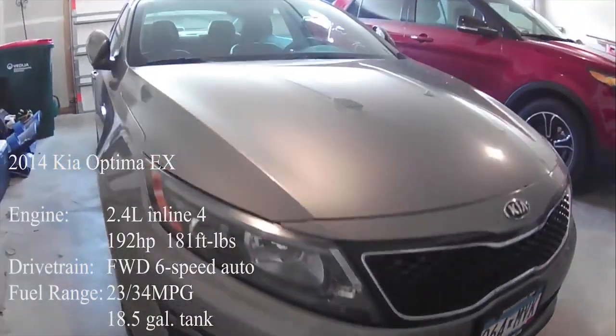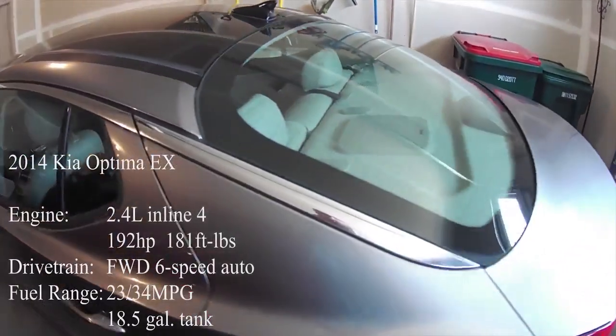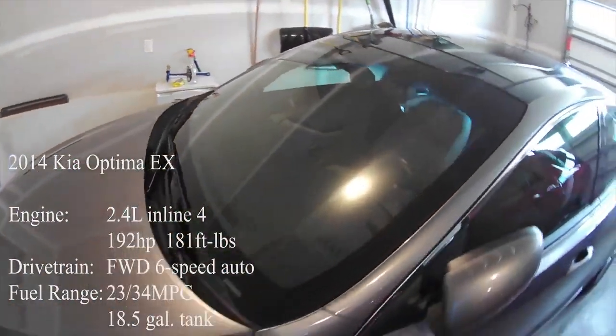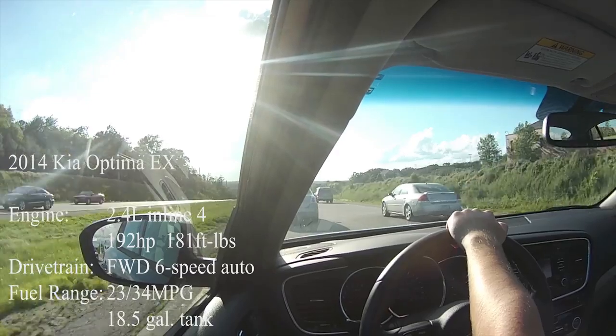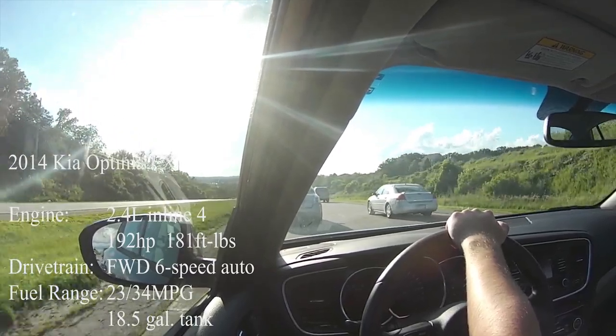The 2014 EX features a 2.4-liter inline-4, producing 192 horsepower and 181 foot-pounds of torque. Drivetrain is front-wheel drive with 6-speed automatic. Estimated fuel range is between 23 in the city and 34 on the highway, fed by an 18.5 gallon fuel